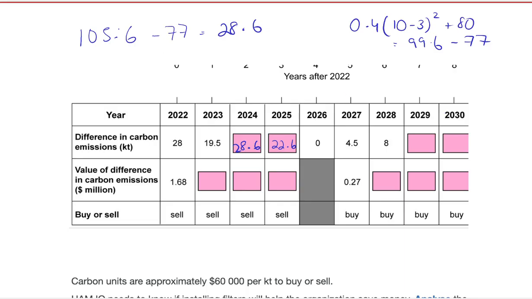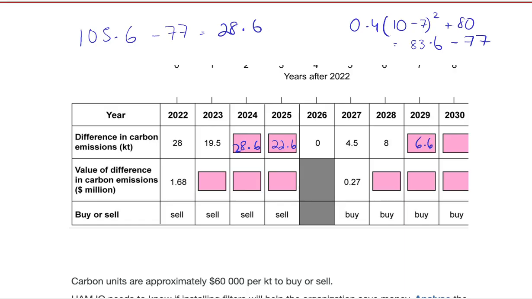In 2029, we have the equation 0.4 into 10 raised to the power of, instead of minus 3, we're going to write minus 7 here. So 0.4 into 3 square plus 80. That gives us 83.6 for 2029, minus 77. This gives us an answer of 6.6